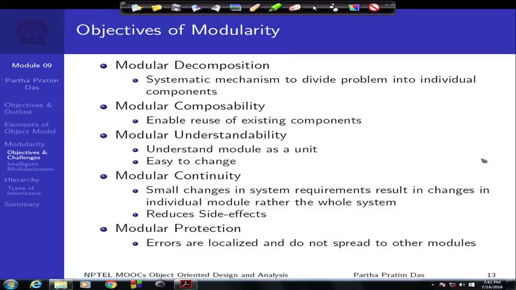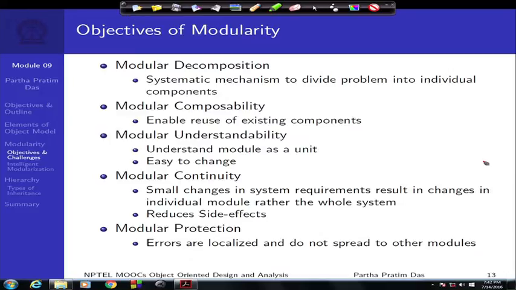So, if the modularization is not very proper, then changes will spill across different modules. For example, if I had split the math.h set of headers into two different modules, or if I would have clubbed math.h with stdio.h, then any change in the numerical algorithm to compute different trigonometric functions would have spilled across modules. So, this will reduce what is most important, it will reduce the side effect, that is change of one module impacting the other,